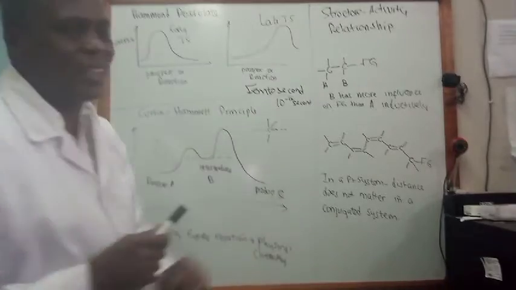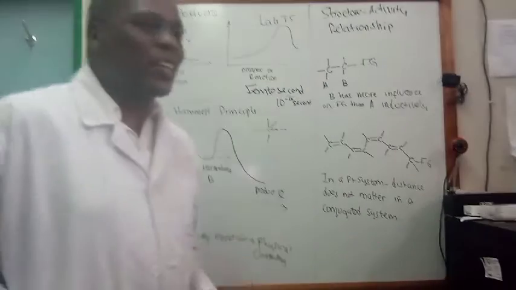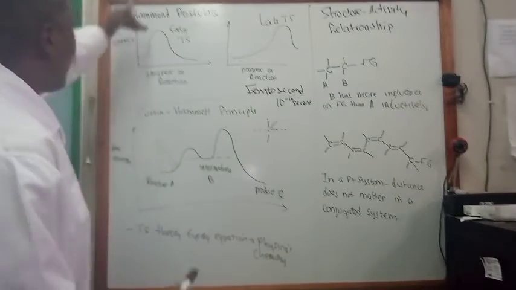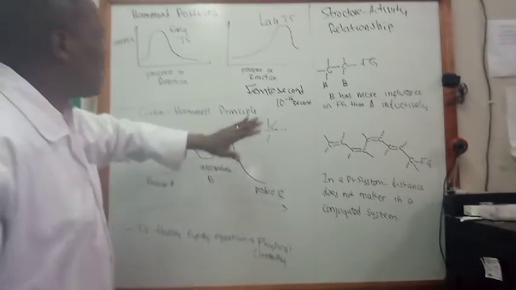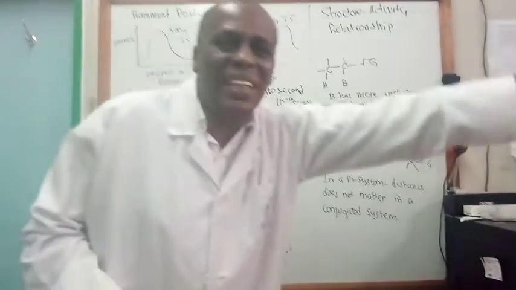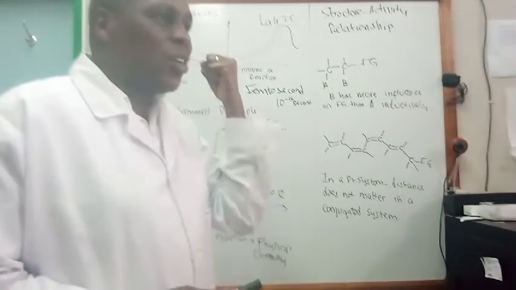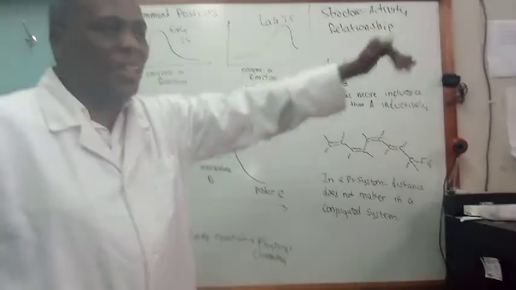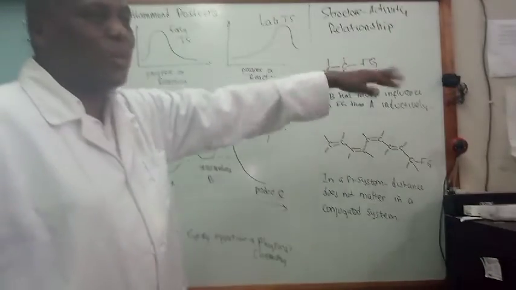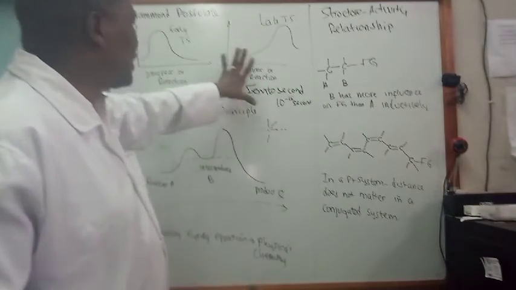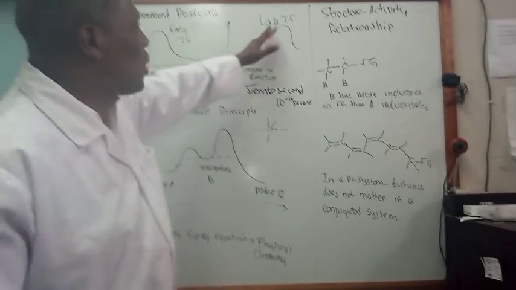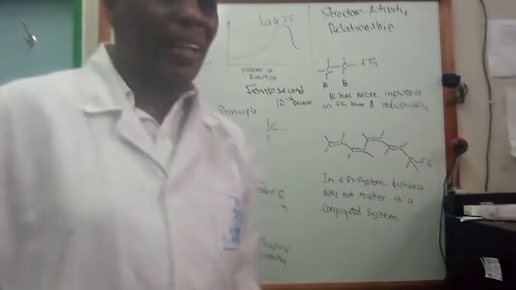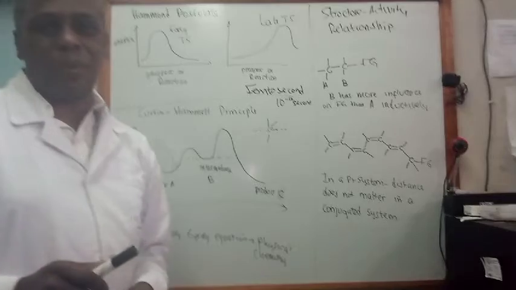So in this case, it's saying, hey, some reactions go to the transition state quickly and some go to the transition state later. There are some which go to the transition state immediately, and then the dissipation of energy to the ground state or to the product takes long. As opposed to this case, where it takes long before you actually get a transition state, and then finally you get a very quick transition state leading to the product.